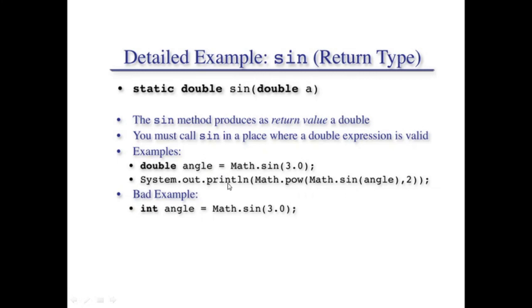Now this is another bad example which can return an error, because Math.sin of 3.0 will return a double, and here you are assigning a double to an integer variable, that is, you are narrowing it. So this is not possible. It will generate an error because the value that is going to be returned is a double, which has greater storage as compared to an integer. So a big value cannot be assigned to a small variable without proper casting. So this will result in an error.